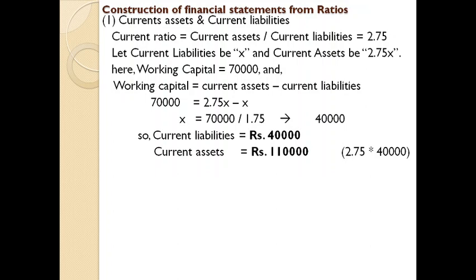Next, you need to find the various items that can be identified under these two heads. Because instead of writing current assets rupees 1,10,000, try to split into different current assets. And on the basis of details given in the question, you are going to find out. So next, we are going to find what are the items that come under current assets. In the question, the next information given is liquid ratio.